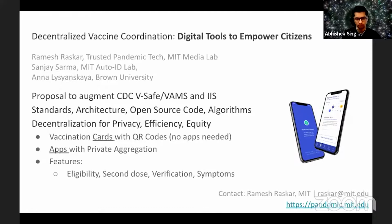And there are two parts to this. One is an augmentation of vaccination cards that does not require any app at all. So you don't have to be tech savvy to use these vaccination cards. And second is a full-fledged app that can boost privacy, but also provide real-time privacy-preserving aggregation. Our focus is on the full user journey, from eligibility to second dose coordination to health verification to reporting